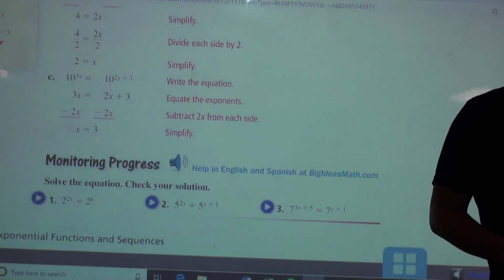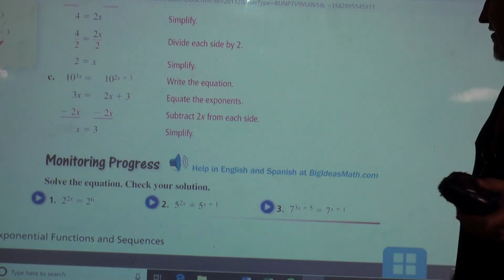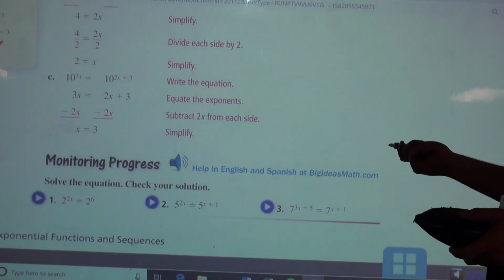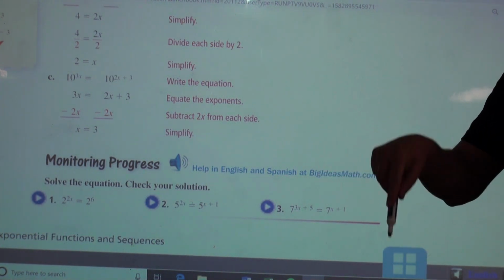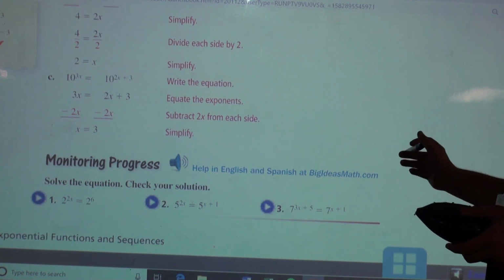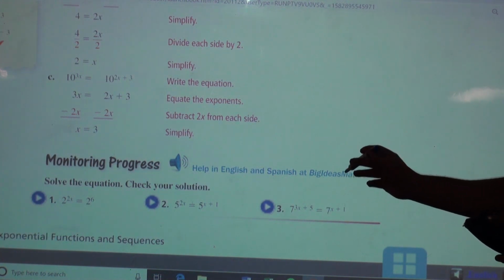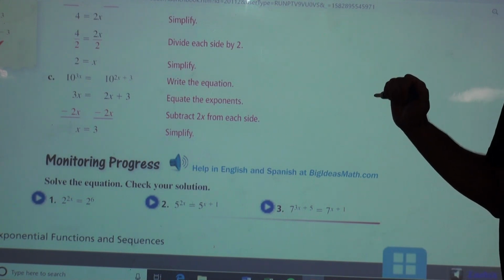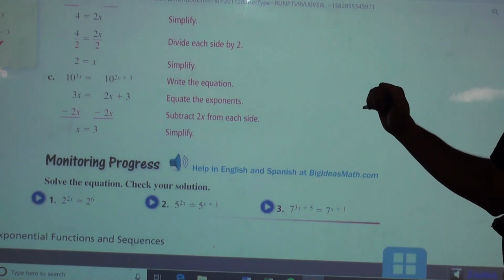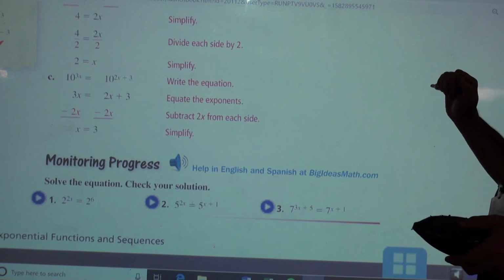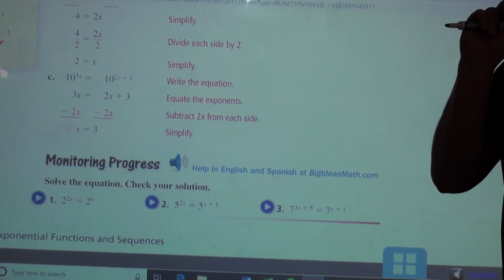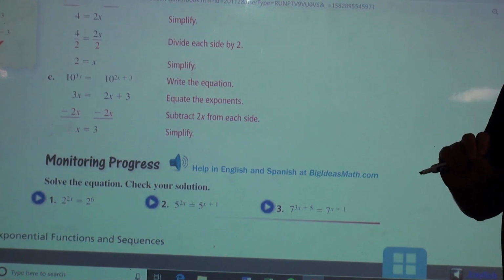What I would like you to do at this point is pause the video on monitoring progress. You've got 1, 2, and 3. I want you to pause the video now, work those out on your own. Okay? This is considered something like bell work. For right now, we're not going to submit these. In the future, for other ones, we will, I believe. But for right now, this is for you just to work it out to make sure you've got it. So go ahead, pause now and work on these, and then I'll work them out when you come back.